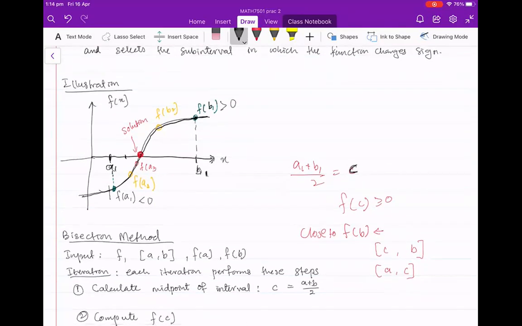So in the next iteration, you would say b1 is c. So you move closer, now you take this interval, maybe this is b2. And then you continuously divide until you get closer and closer to the solution, which is marked in the red line. The bisection method is